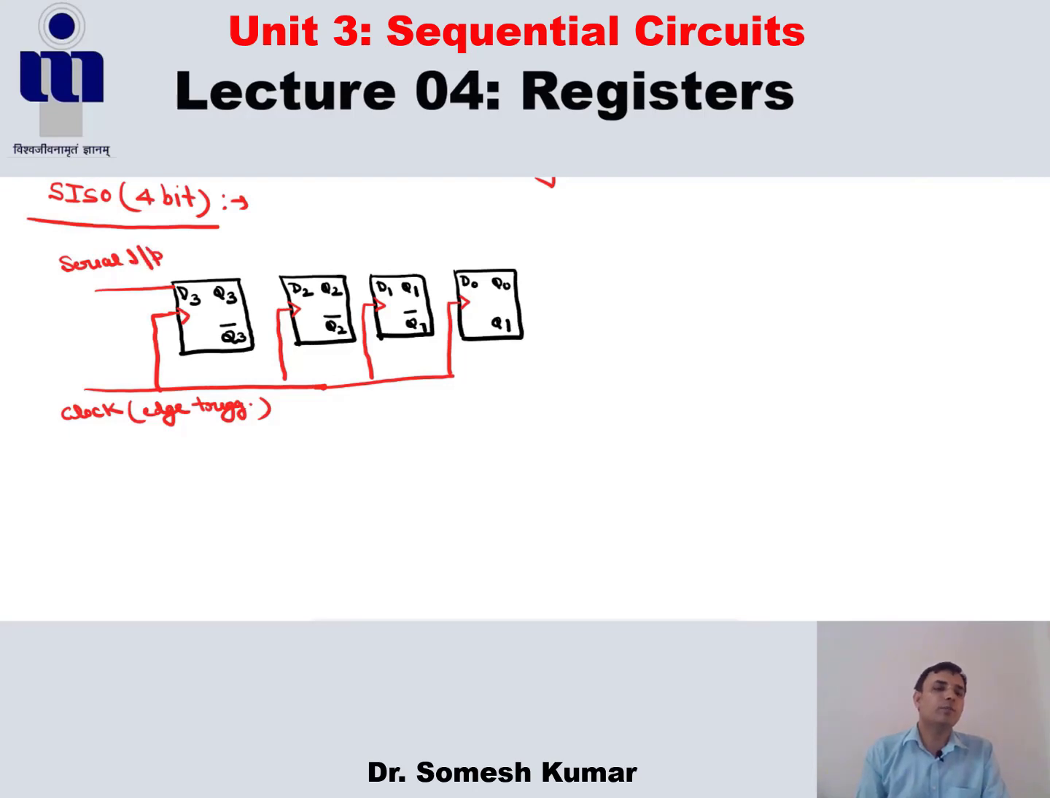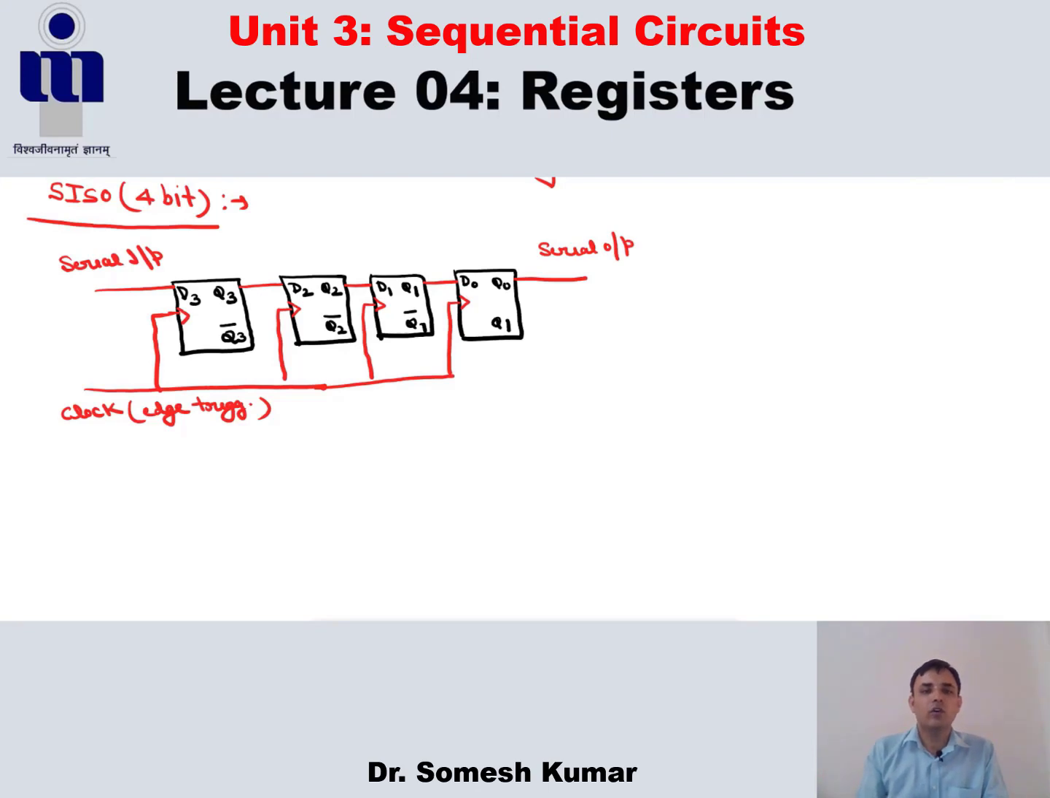Serial input means the input is propagated serially from the output. This is the meaning of serial input, serial output registers. Now this Q3 is propagated to the next flip-flop, Q2 is propagated to the G1, and Q1 is propagated to the G0, and this is over the serial